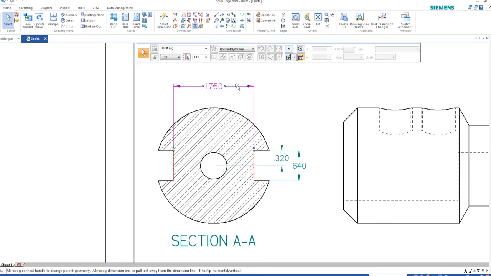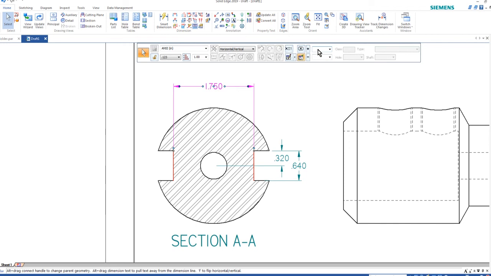I'm going to select the dimension, and then I'm going to indicate the type of dimension that I want. So I'm going to click this button, and then I'm going to scroll down. So it's a unit tolerance that I want. So there's my unit tolerance. Okay, so now for the unit tolerance,